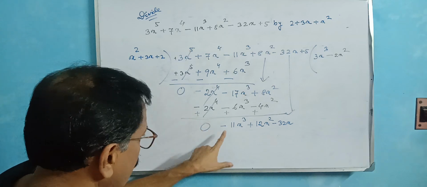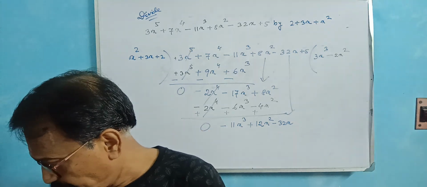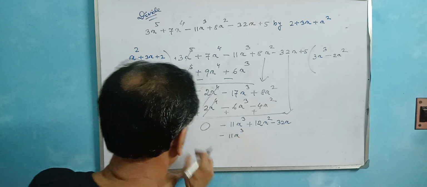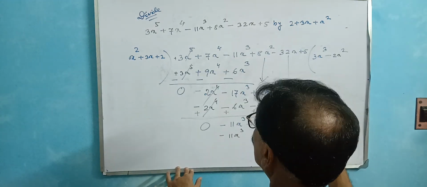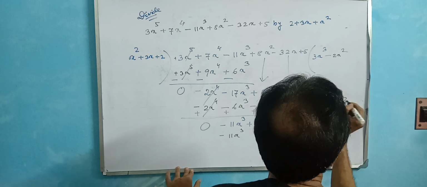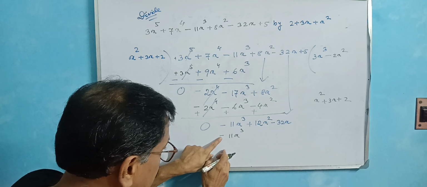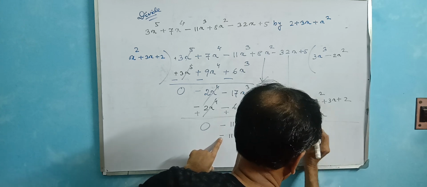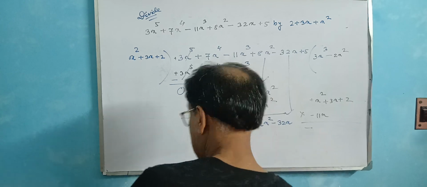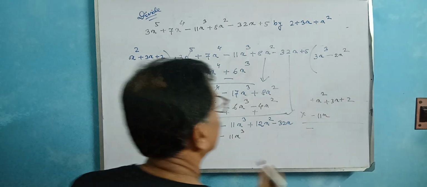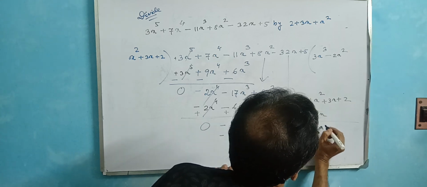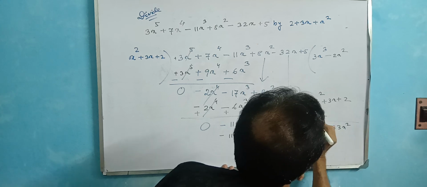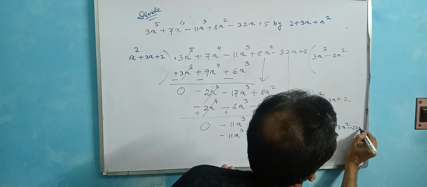Now what is the target? Minus. This has to be cut, so write minus 11x cube as the target. So what is this? x square, again one thing: x square plus 3x plus 2. What is your target, to multiply to get this minus 11x cube? Here is minus 11x, you just multiply this. So plus minus minus, plus minus minus, minus, this is 11x cube. Plus minus minus 11 into 3 is 33x square, and plus minus minus 11 into 2 is 22x.